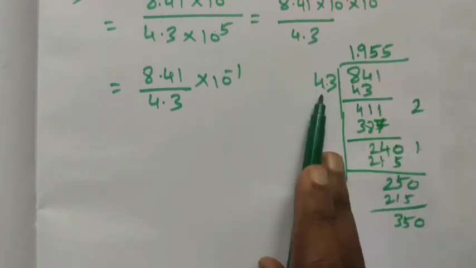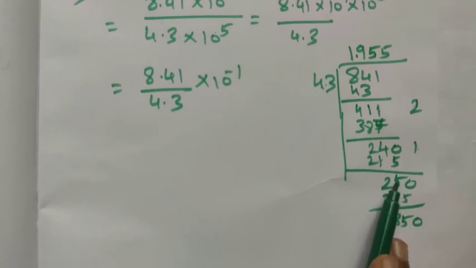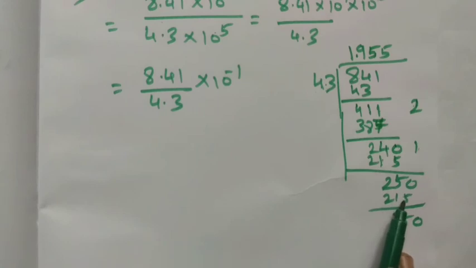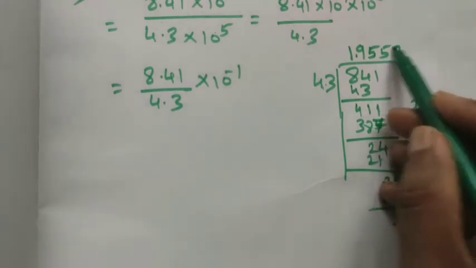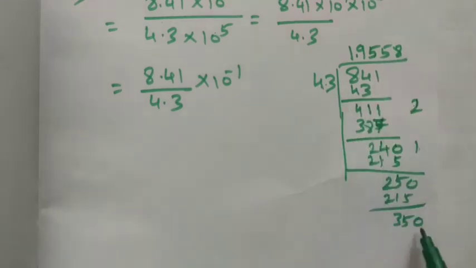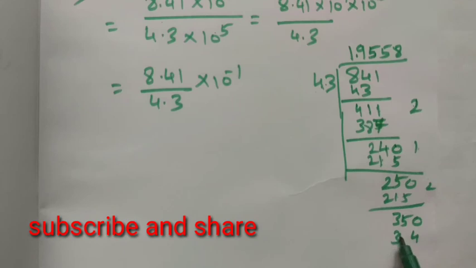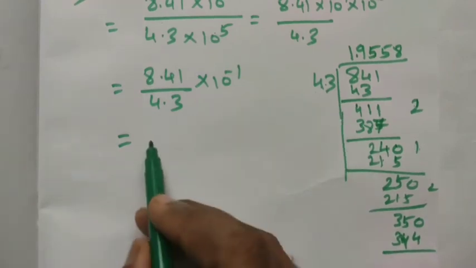So 5 times, if we multiply we get 215, when we subtract we get 25 is the number, and we add 1 0. Again 5 times we get 215, and when we subtract we get 35, and add 1 0. In 350 how many times is it possible? Surely 8 times is possible. 8 3s are 24, 4 remainder 2, 8 4s are 32 plus 2, 34, right? So it is enough to find out the value. So simple division, so we get